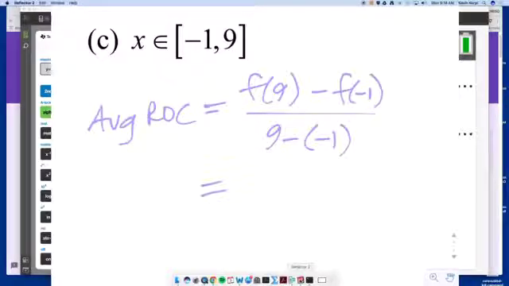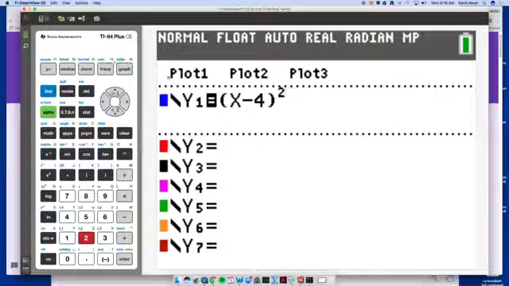Now, because our function is given and it's pretty easy to plug those in and evaluate it, we did that on part A and B. I want to show you another way to do it. Let's say you had a function that was kind of ugly and you couldn't just plug in the values without the help of a calculator. Here's how you can do this on a calculator and never worry about rounding error. If you go to y1 and type in x minus 4 squared,